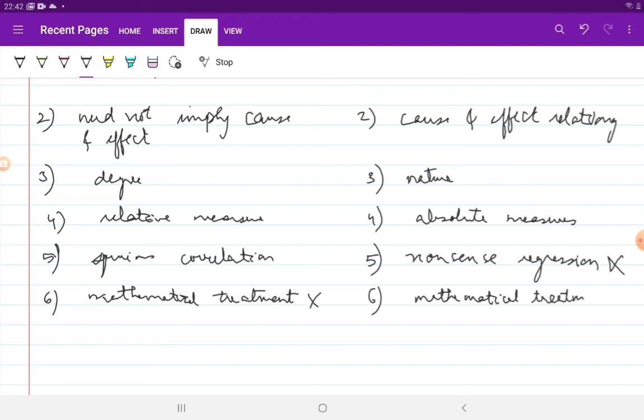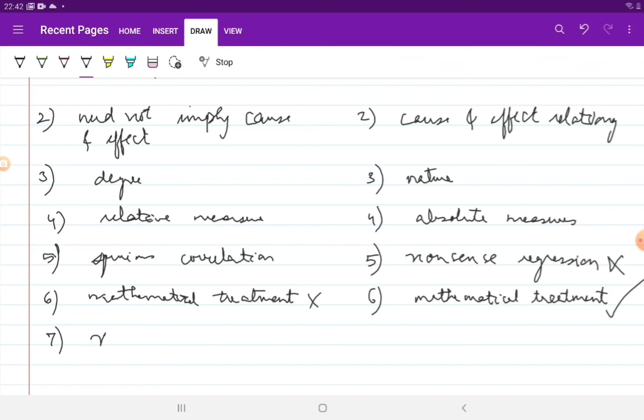In particular, we do a lot of inference testing and confidence interval building and so on with the regression coefficient. And the seventh one, the correlation coefficient will not differ